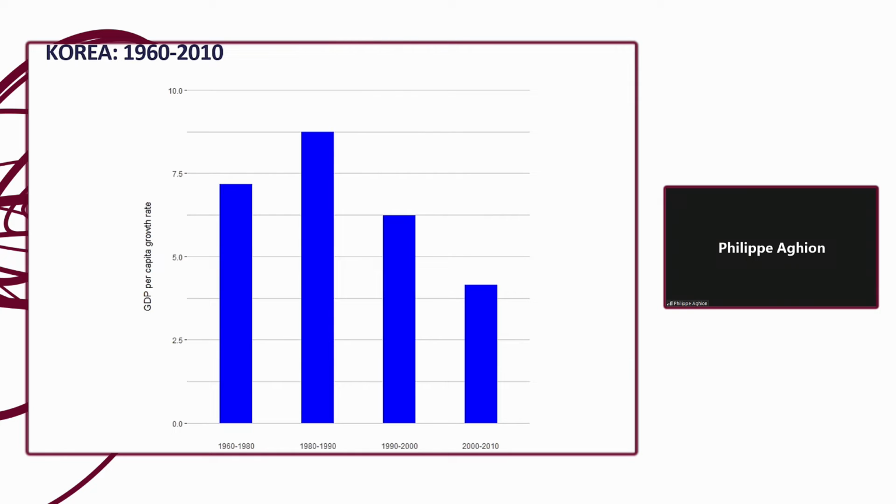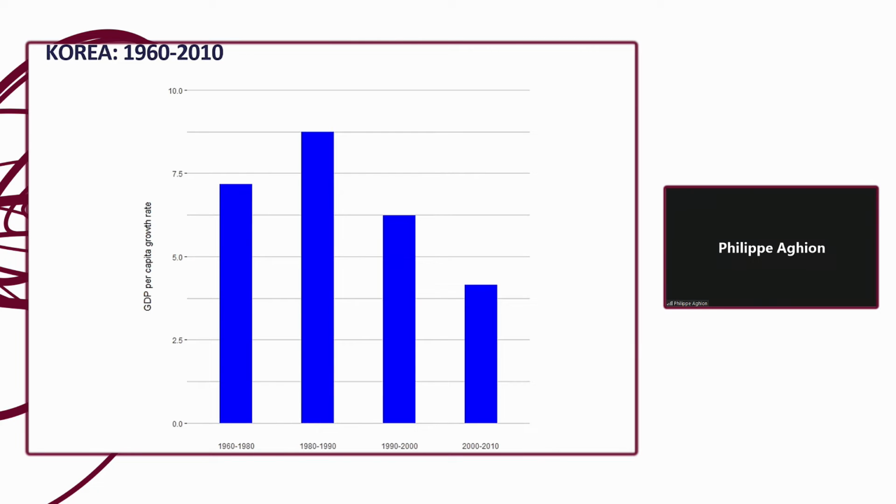So the second thing, the middle income trap, very quickly. Korea was growing very fast after World War II, particularly between 1960 and 1990, and then the per capita GDP growth rate declined since then. The reason is very much related to the Schumpeterian contradiction. The high growth of Korea was catching up growth. But that's something that could happen also in Poland or in Central and Eastern Europe. It was catching up growth, where you catch up with more advanced technology.